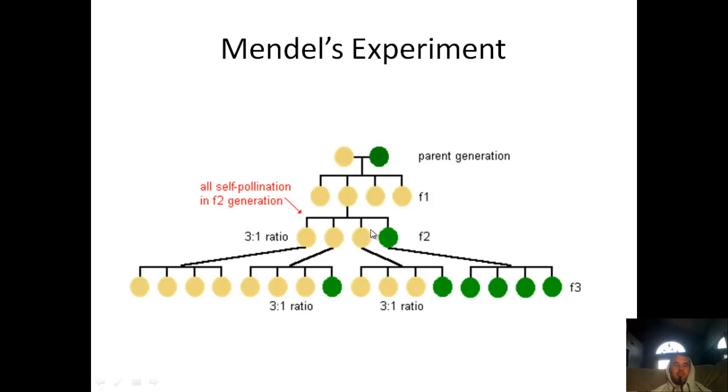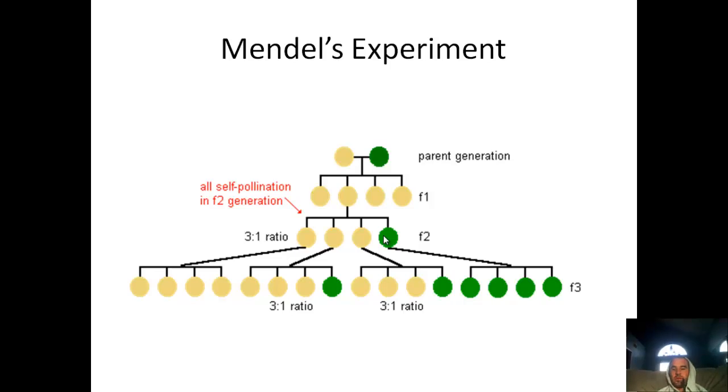And what that allows him to do is start to make some assumptions about what's going on, especially using your knowledge of meiosis and how those reproductive cells are separating. Even without being able to know what a gene was, he called them factors. He knew that the factors from one parent are separating and being combined with the factors of another parent, and that those factors were then passed on to the offspring, and the offspring would then pass those factors on to its offspring. So let's define some terms and get a little bit better understanding.